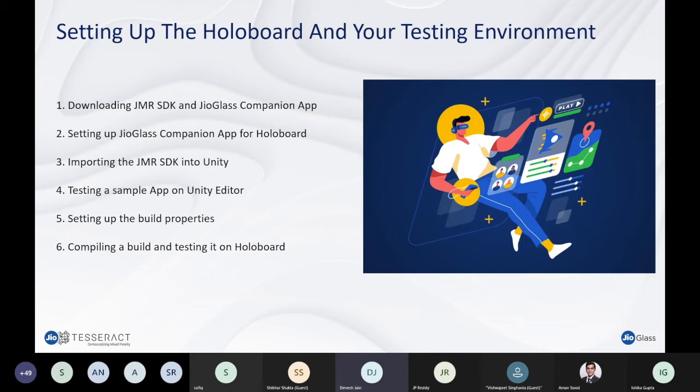And if you feel that you've confidently been able to set up your HoloBoard, and have successfully tested this environment, and that's not the challenge, then you can also say that you don't have any challenge here. Then in the second half of the webinar, we can discuss the general top issues you tend to see when upgrading to a newer version of the SDK, so that we can smoothen that out.